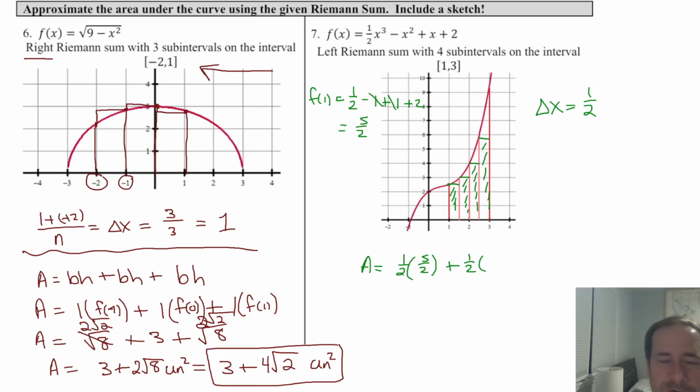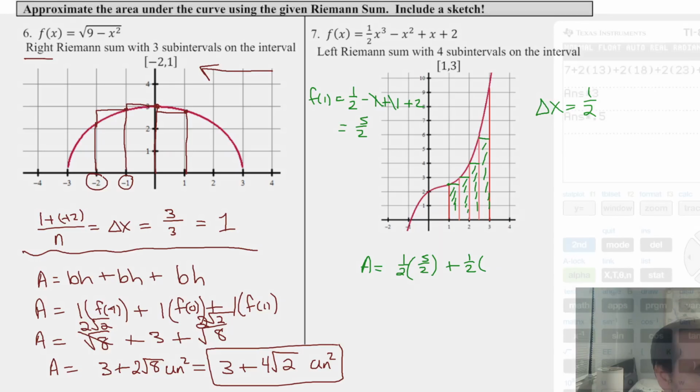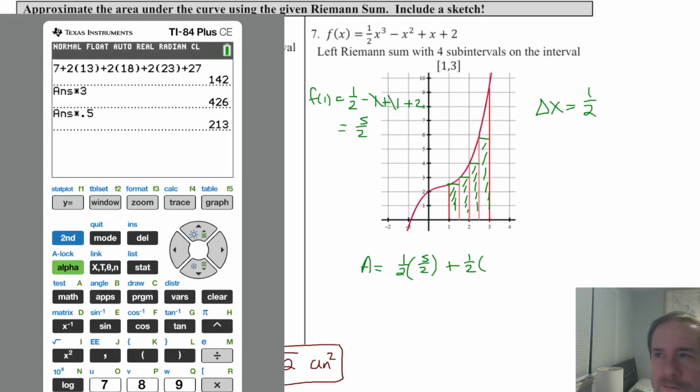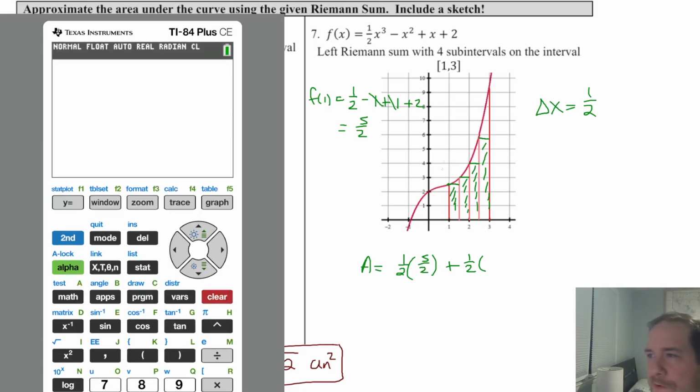Because, of course, we can do this in the calculator. All right, there's the calculator. Not the way I meant for it to be. But there it is. If you want to get all these heights of the rectangles fast, you should know the